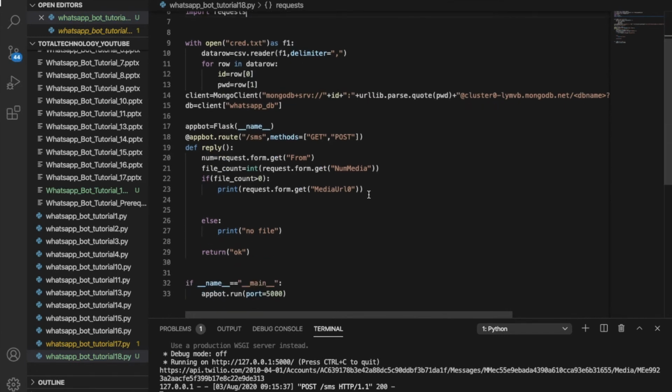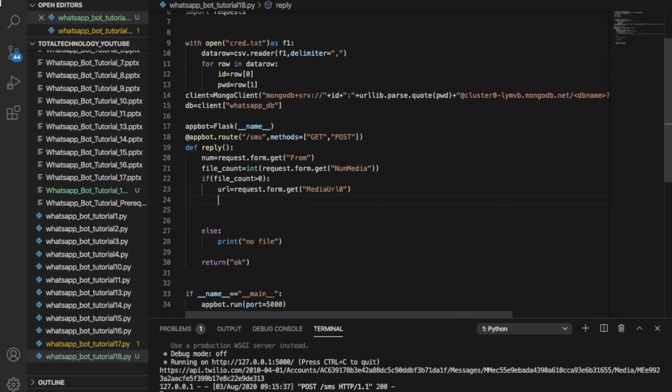Okay, so I got this file URL. So what will happen? I'll just write URL equals to this. It means if the count is greater than 0, definitely I'm going to have some value. Then again I'm just using the same thing. So URL will be